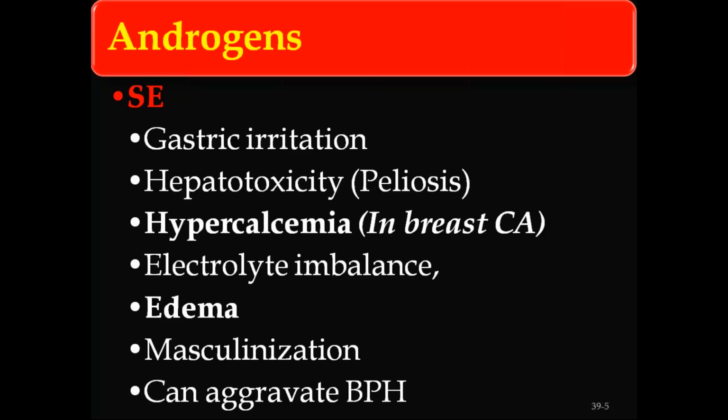Steroids. Aldosterone is a steroid too. Cortisol is a steroid too. So all of them are coming from the adrenal gland. So, for example, aldosterone has the property to reabsorb sodium and water. So these androgens that are steroids too, estrogens, progesterone, cortisol, they are cousins, let's put it that way, of the